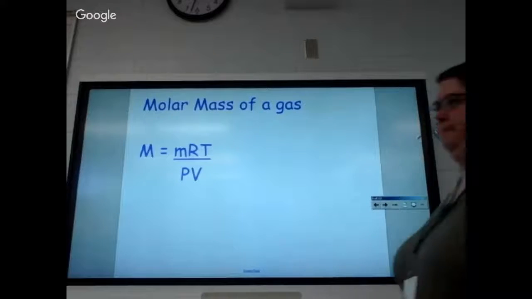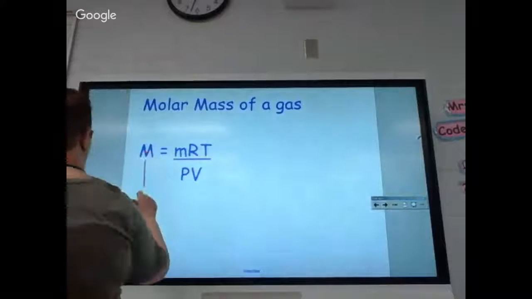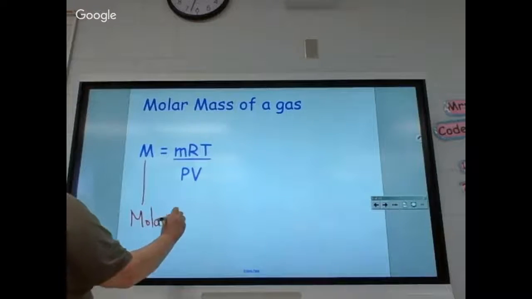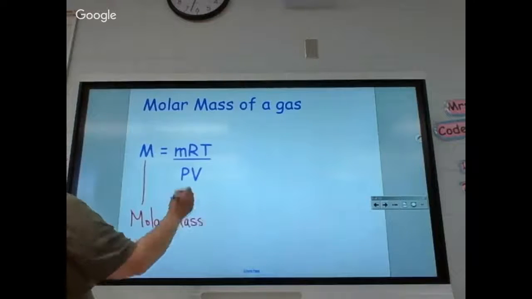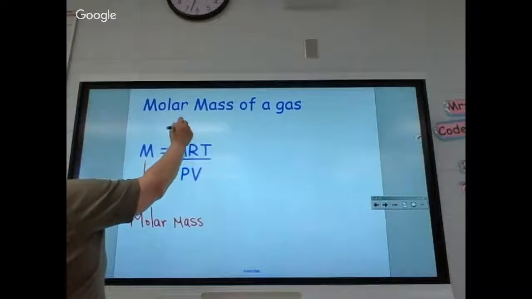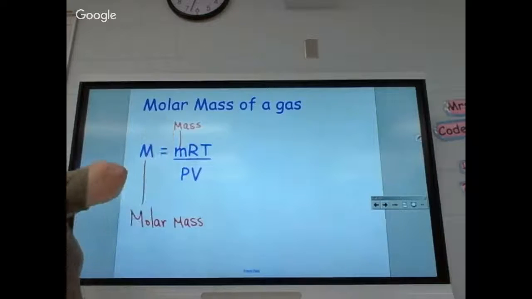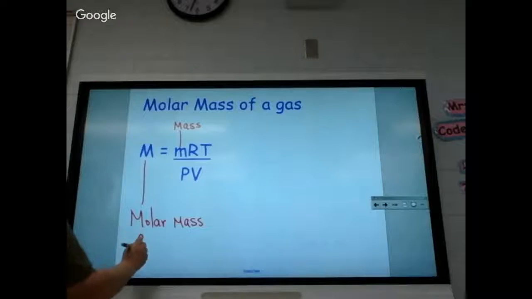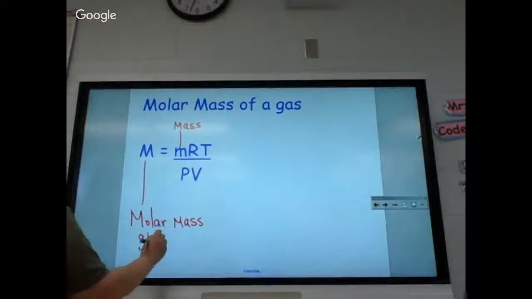Now, big M stands for molar mass. Little m is plain mass. Now, molar mass can be calculated as grams per mole,